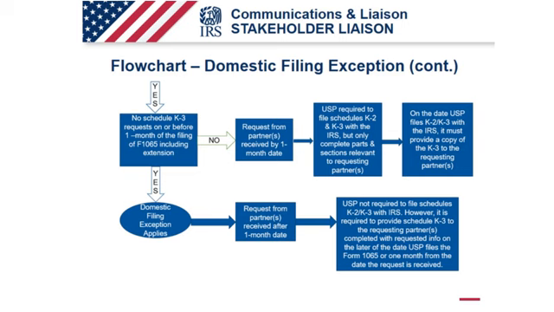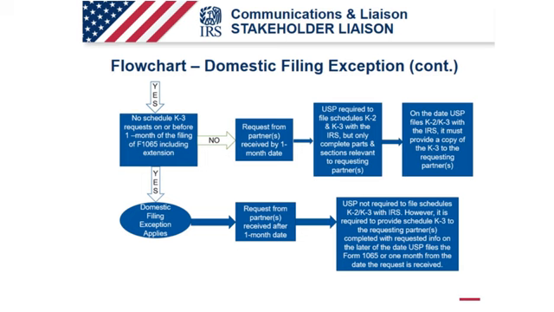The final criterion in order for the domestic filing exception to apply is that no Schedule K-3 requests were made on or before 1 month of the filing of the Form 1065, including extension. But having said that, you as the partner or shareholder have the right to request the Schedule K-3 at any time. The partnership or S corporation must provide the Schedule K-3 to you when it provides you with the Schedule